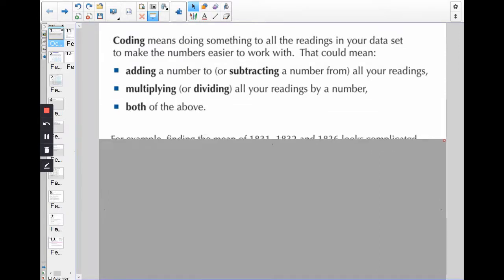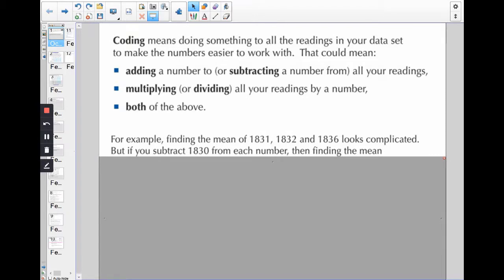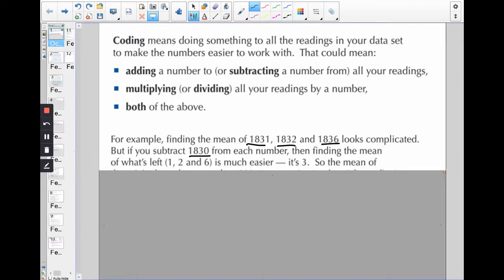So what I mean by this is, for example, if you're finding the mean of the following numbers, you can see we have 1831, 32, 36, and 30. You might decide to make your calculations a bit easier, especially if you're doing them manually, by finding the mean of what's left after you subtract 1830 from each of these three numbers here. So once you subtract, you end up with 1, 2, and 6, and you can quite easily work out the mean from that,